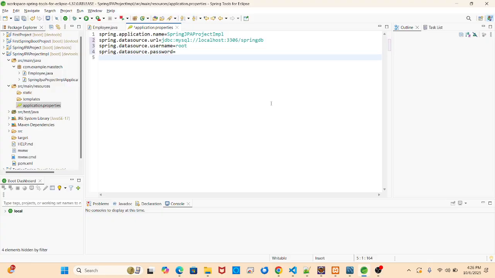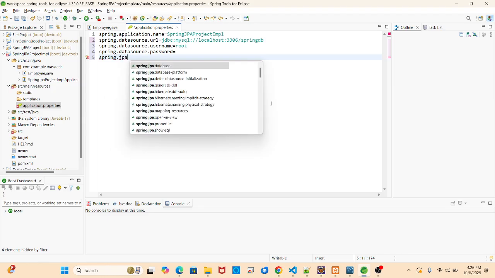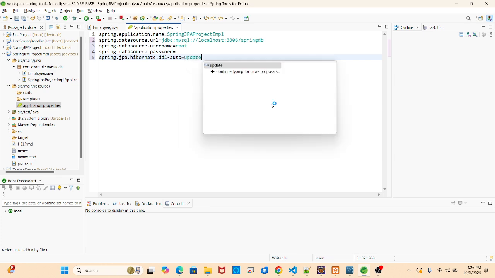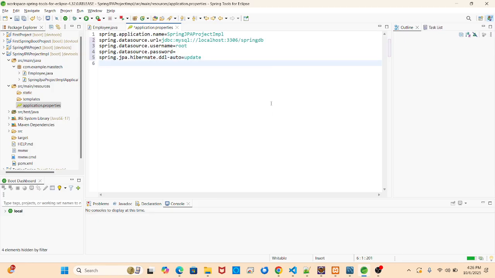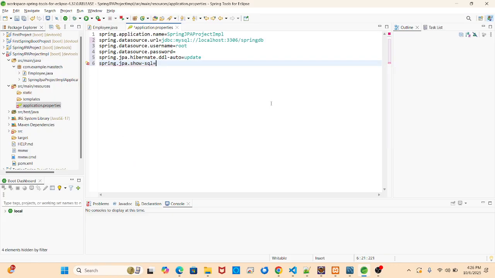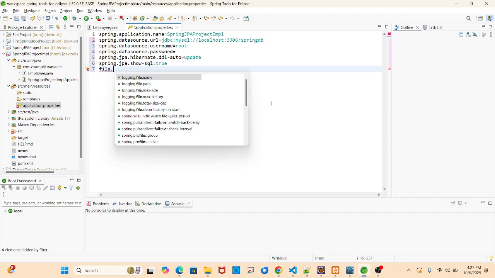Next, spring.jpa.hibernate.ddl-auto equals update, and show-sql equals true. And for file uploads, we'll make it file dot